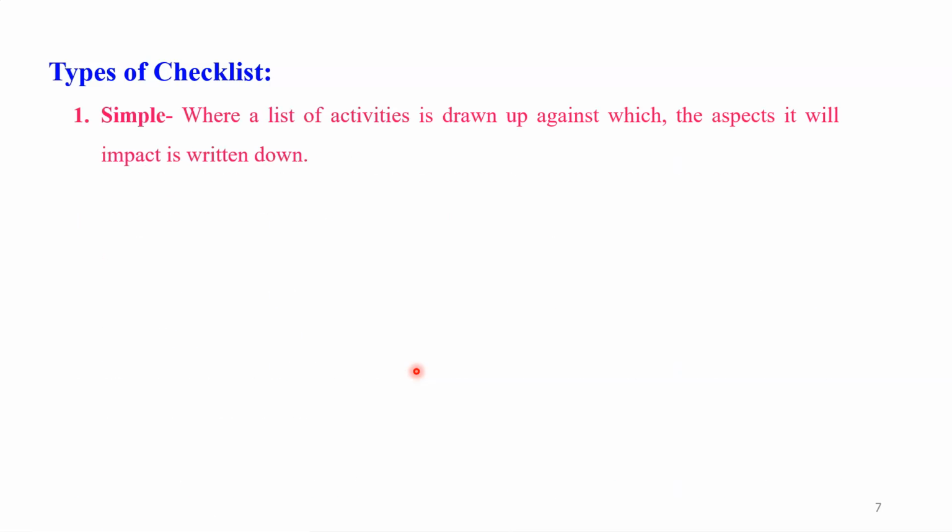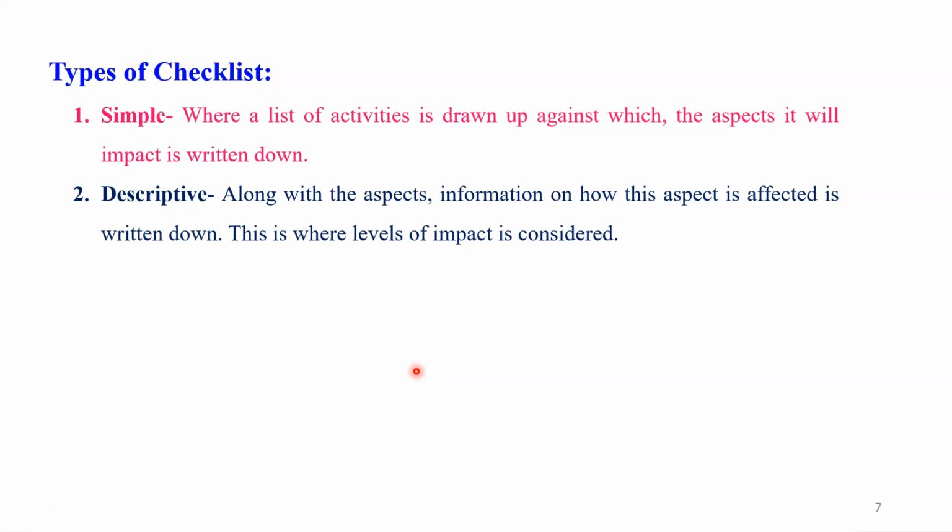So dear student, this was our reason. Let us discuss the types of checklist. We are making the checklist on the basis of the nature of the project. We can make checklists in 4 types. Let us see the simple one, for which I just mentioned the example. Second, the descriptive checklist, which you can also make for the environmental impact assessment of that area.